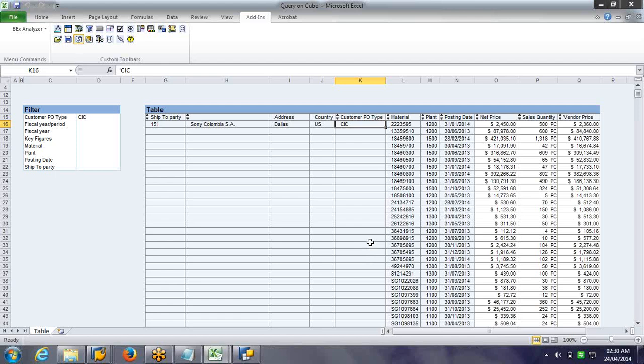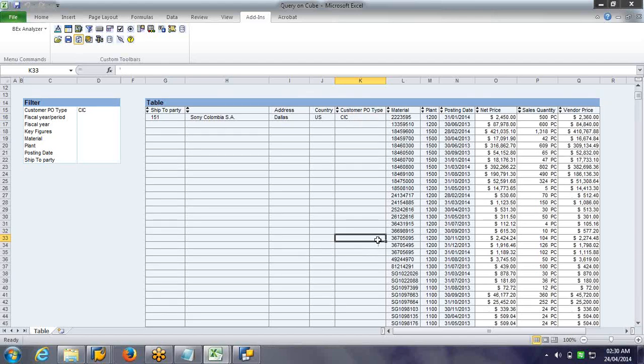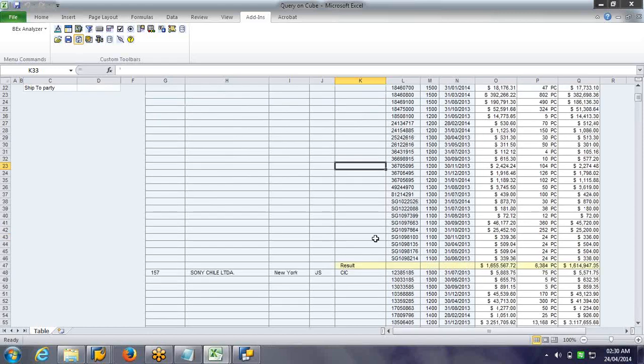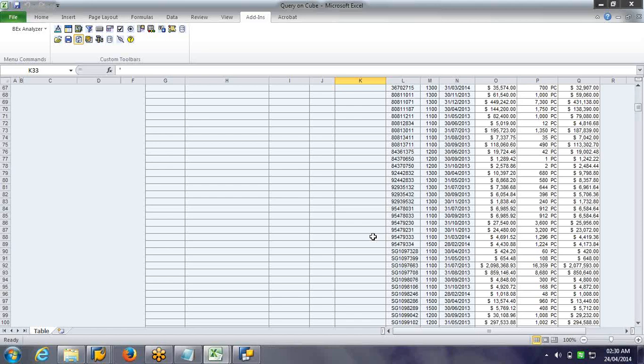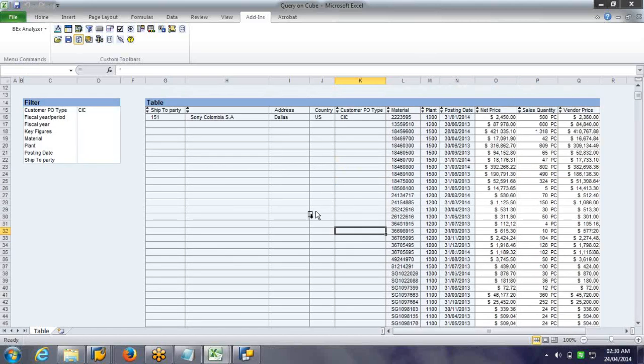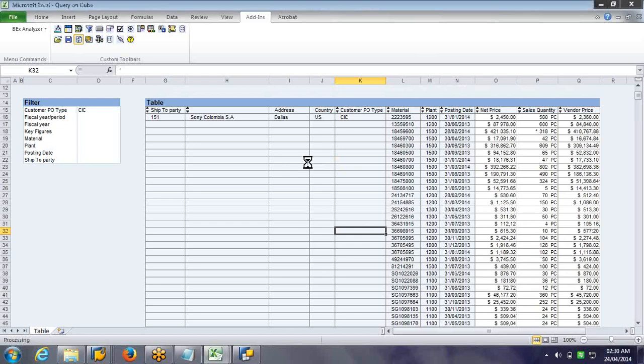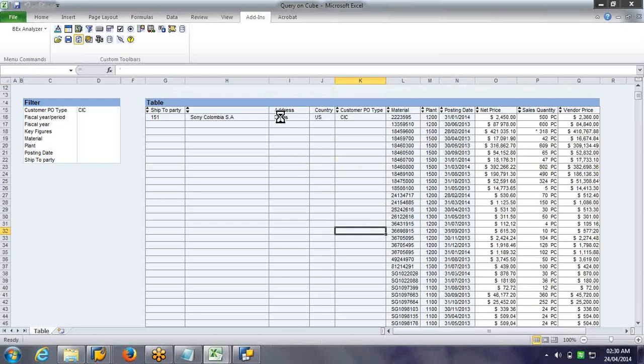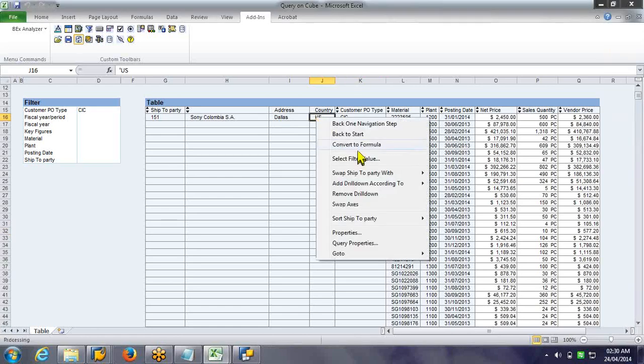As a part of my analysis, I have used all the extra fields and I am doing some analysis. Just like that, the address and country also I have used extra for analysis. I have added them for drill down. But can I filter on country?